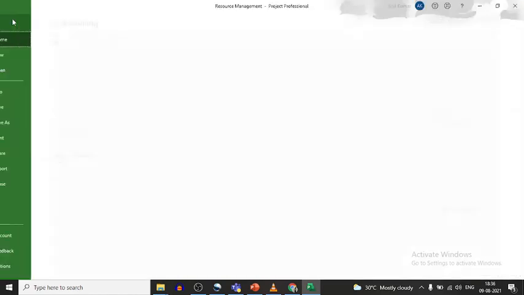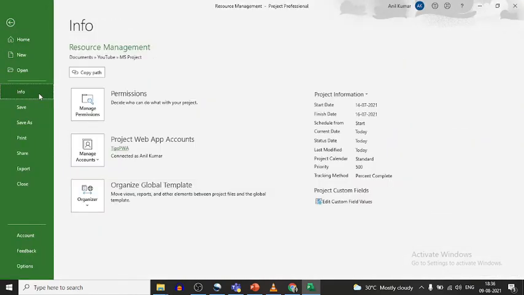It will take a few seconds to create your account on Project Web App. Yes, now go to File, click on Info, and here you can see the tips PWA is connected.